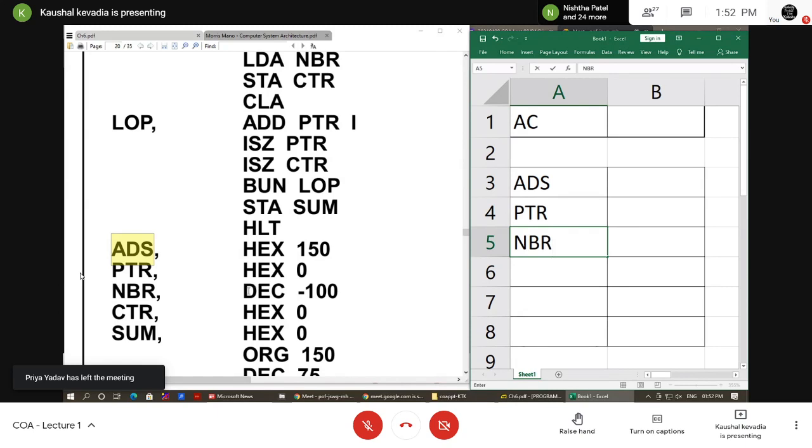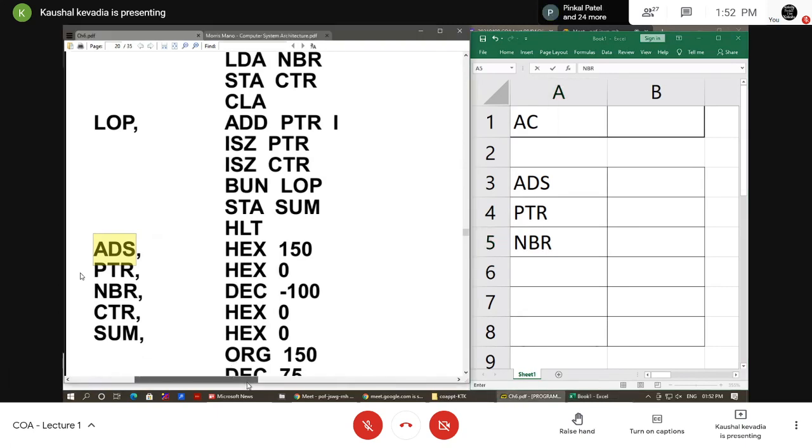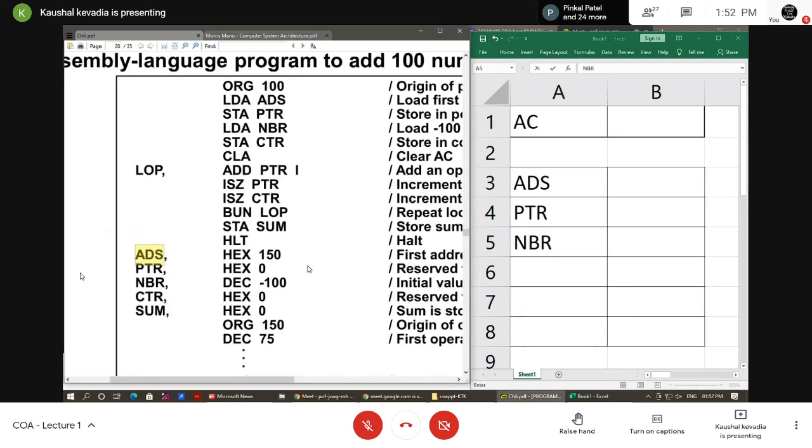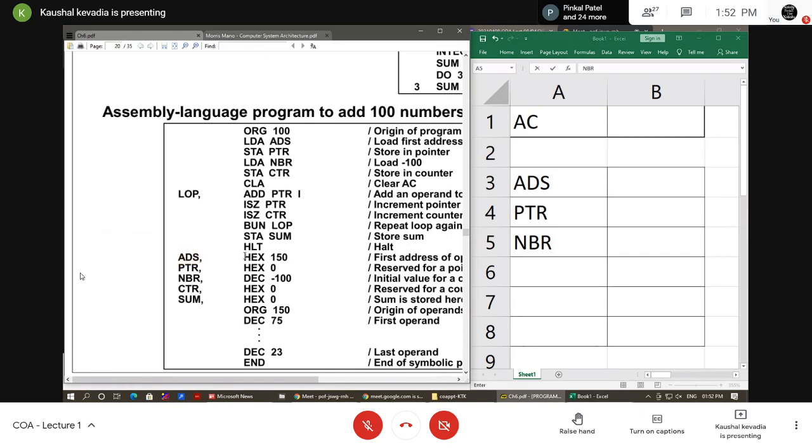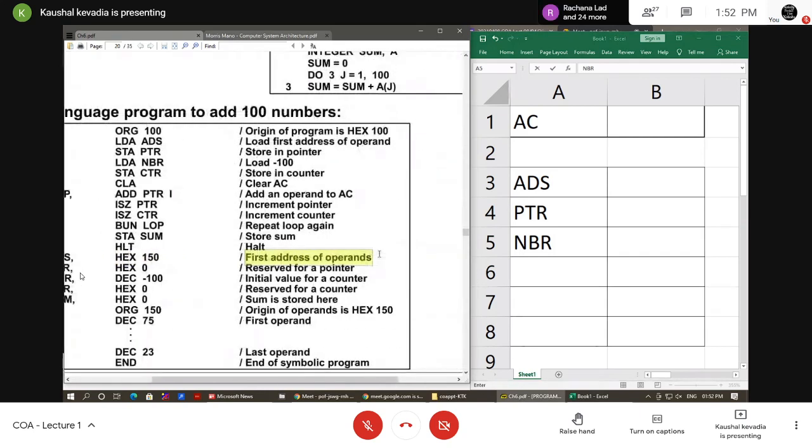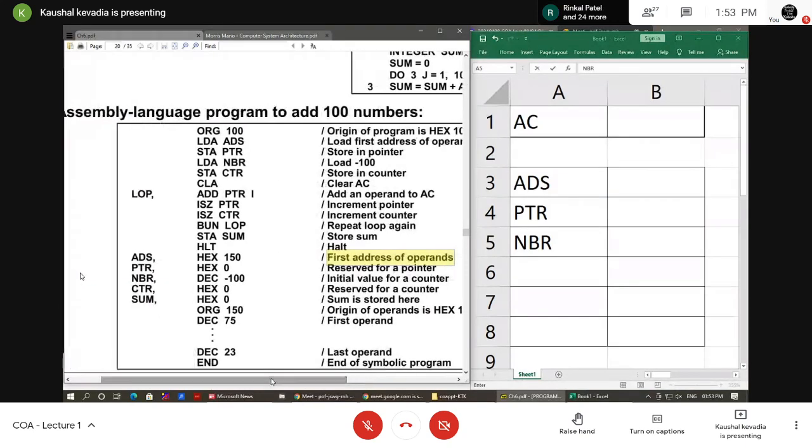Here address stores the first address of the operand. Here it is mentioned that ADS at 150 stores the first address of the operand. Operand and operator: operand means my variable and operator means which function I have to do. Either addition, subtraction, division or multiplication are called operators, and operand means my variable.